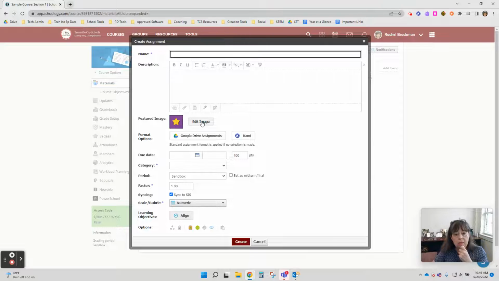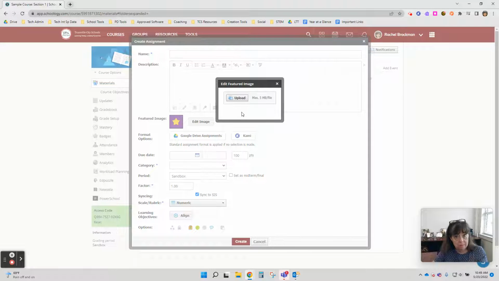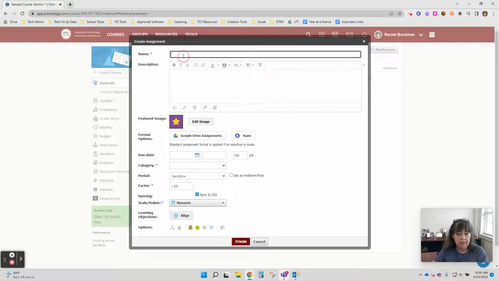So you can go in, you can edit and upload an image. A lot of those images are going to be super easy to make inside Canva. So you can create very simple images like this one with different shapes that the students can start associating with assignment types. So I'm going to make a sample assignment,